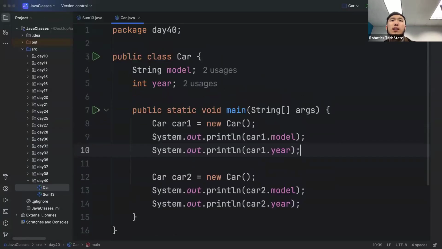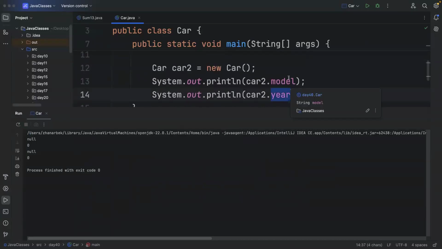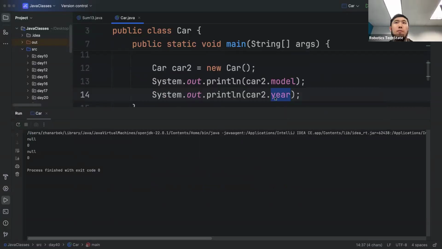So why is it null for model and 0 for year? Why is it not 0, 0? Because it's a string. The default is null, and for year it's an integer. It's always 0 by default. For integers, the default value is 0. For objects,